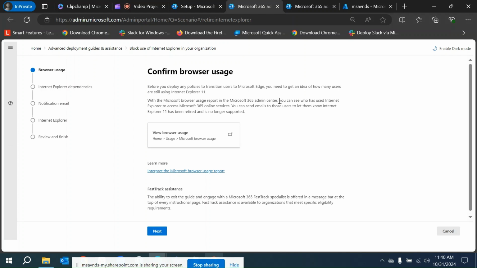So once I click on that, you see here I get the different steps,